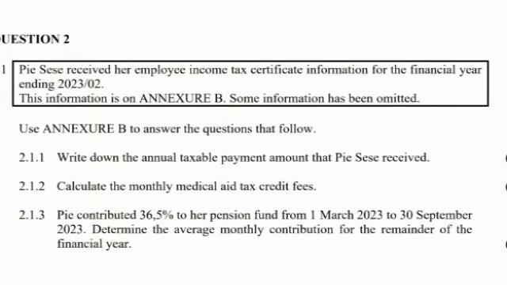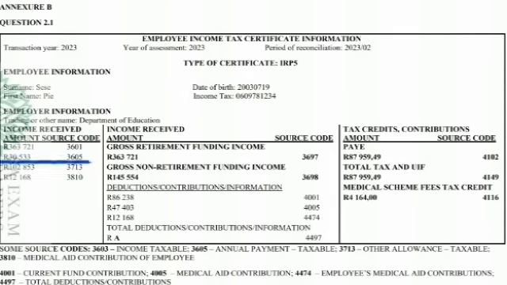So looking at a question of finance, in question 2 of the same paper that we had, it says Pi Sese received her employee income certificate information for the financial year ending 2023. This information is on Annexure B. Some information has been omitted. Use Annexure B to answer the questions that follow. 2.1.1 wants you to write down the annual taxable payment that Pi Sese received. So when we are looking at the annual taxable income, we are looking at the amount at the source code. It says